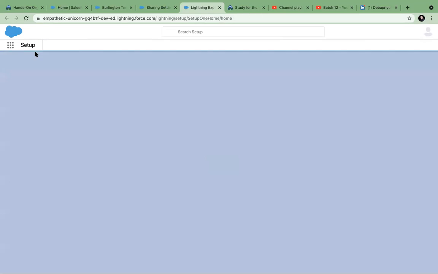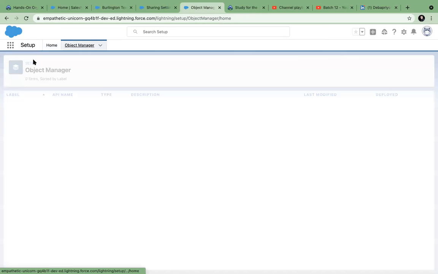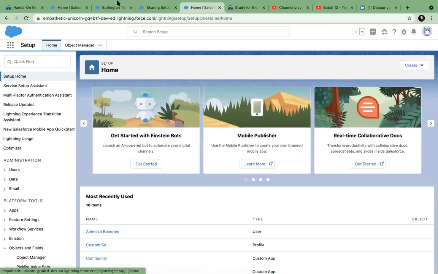You are inside setup, right? This object manager, profiles, permission, everything is opening up for you because you are the system administrator. You are giving permissions. You are setting up Salesforce so that different users can use it and put their data. You are not working on data, but you are working on how the user will use that application. That is setup. You are configuring each user, how they will experience Salesforce. In here also testing is done. Of course. Without testing, you cannot go live.